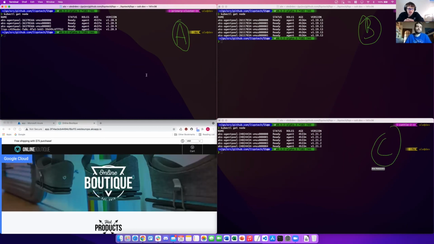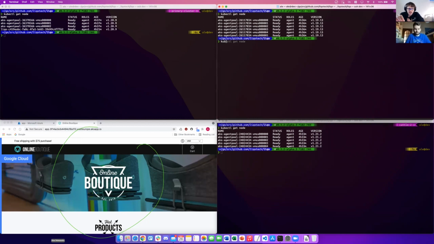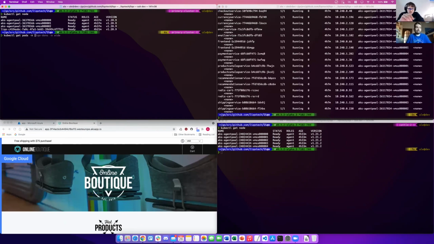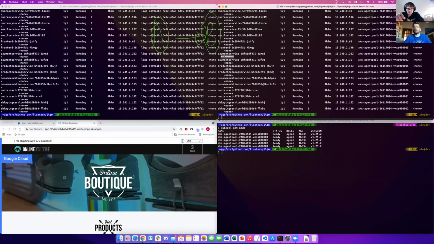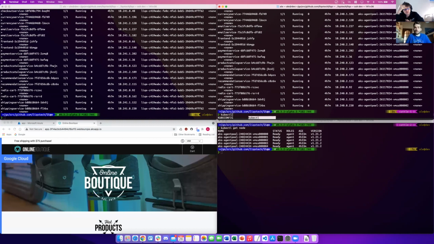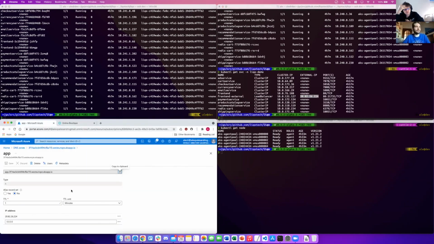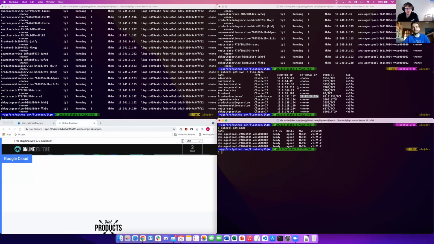If we look at the topology we created, it's really similar to the previous one. So we have A, which is the primary cluster, and B and C, which are the secondary clusters. B is actually running the online boutique application we have here, and we are monitoring the fact that the application is available. So let's have a look at the application. Here we are. So the application has been deployed, if I'm correct, from the primary cluster A to the secondary cluster B. Exactly, and we are accessing the application from the service on the secondary cluster, as we can see in the DNS record. Yeah, perfect.